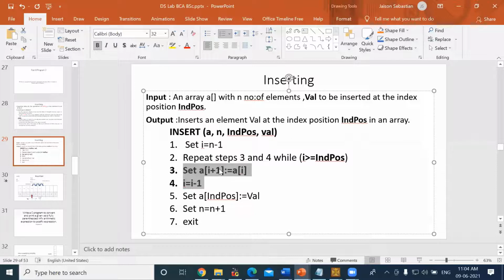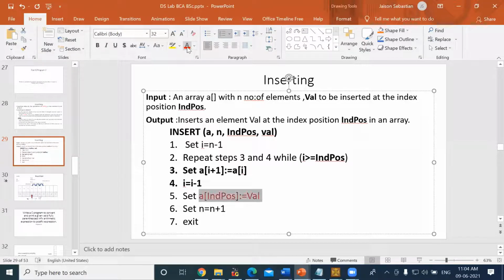Because we are not using any curly bracket over here. When we convert this into a program, we'll just be giving a curly bracket to indicate these are the statements which have to be executed when the while condition is satisfied. If this condition is not satisfied, we have to come out of the while loop and directly move to this line, right?